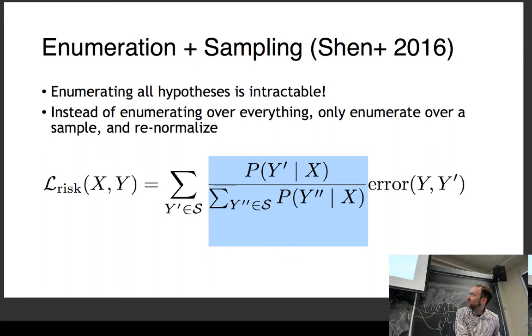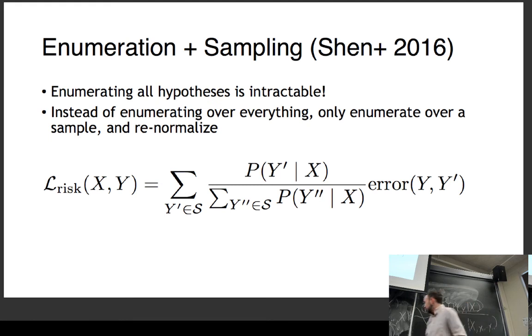So we take, again, all of the hypotheses. Sorry, that selection is not working very well. This one down here. So let's say we randomly sampled 3 hypotheses, where the probabilities are 0.3, 0.2, and 0.1. What we would do is divide all of these by 0.6, which is the sum of the ones that we actually sampled, to get our probability. And then we would use that as our loss function.